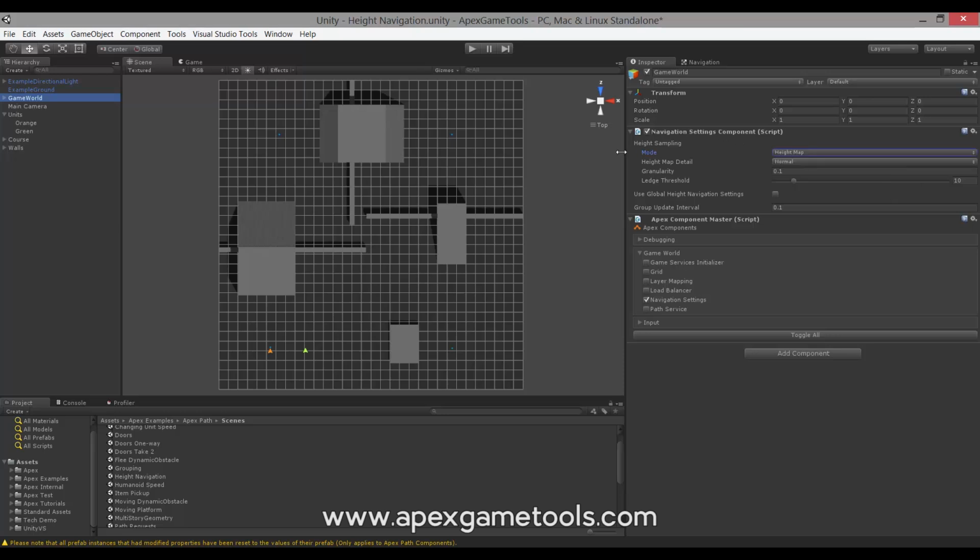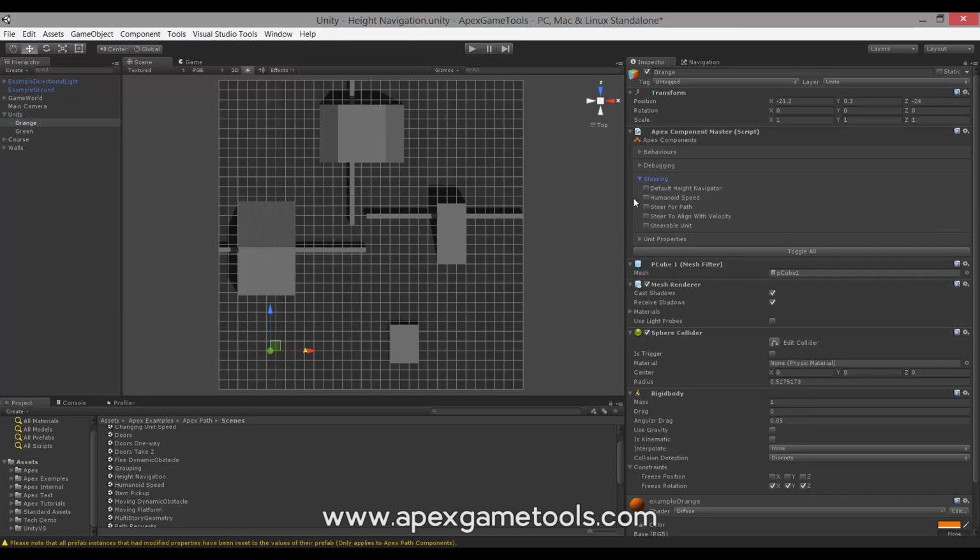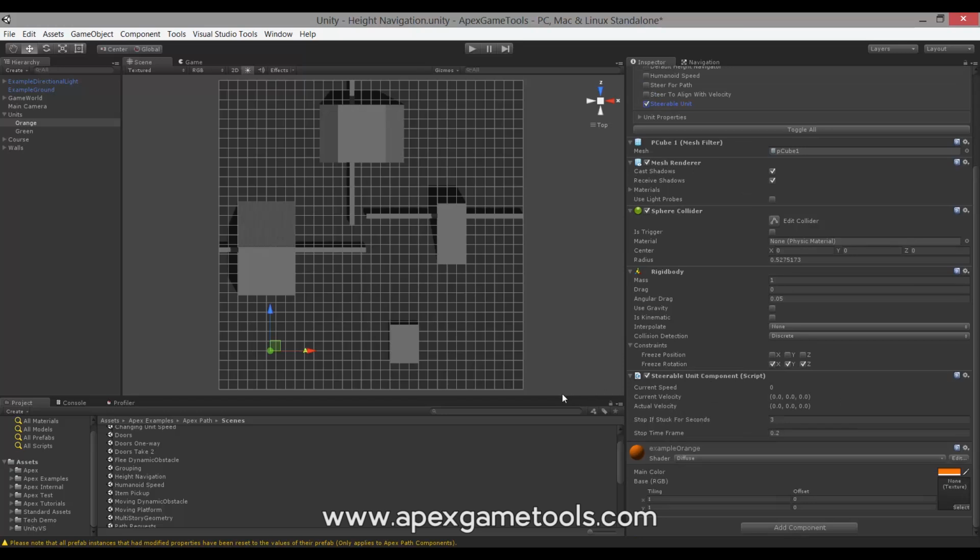So the main change is done to the units. Previously, height navigation was carried out by the steerable unit component itself. That is the component that actually does the steering. Given input from steering components, this will actually do the required steering. This component is now even simpler than it was before. As you can see, we have removed some of the properties having to do with height navigation, because height navigation is no longer